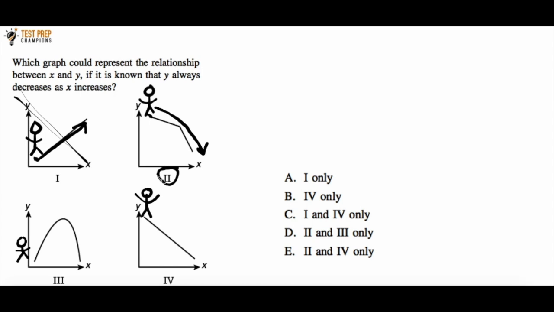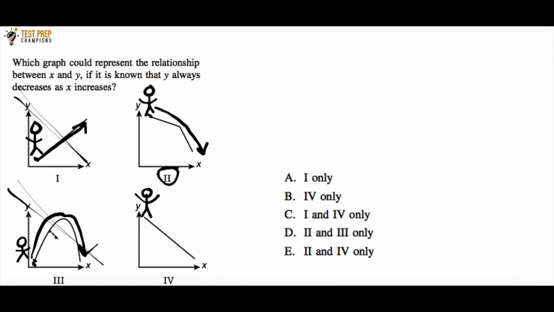All right, so now let's look at graph 3 here. If we imagine that the person starts down here and follows the line, it looks like the person is going to be going up, but then they're going to have this phase right here where they're neither increasing nor decreasing, and then they're going to be going down. So in graph 3, as x increases, for some of the time y is increasing, for some of the time there's no change, and for some of the time y is decreasing. But overall, we would have to rule 3 out, because the entire time, y is not decreasing as